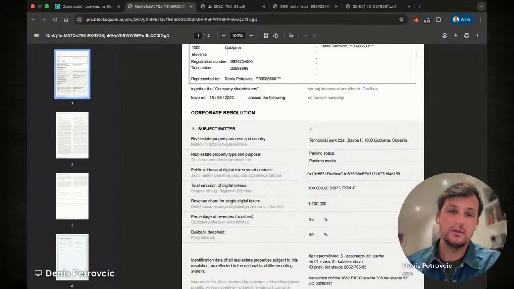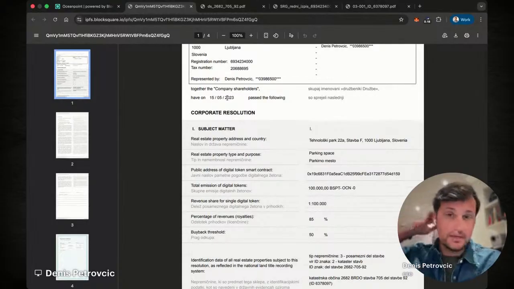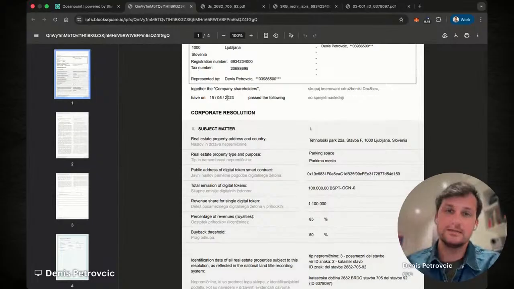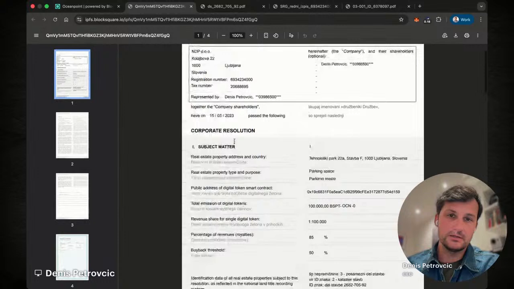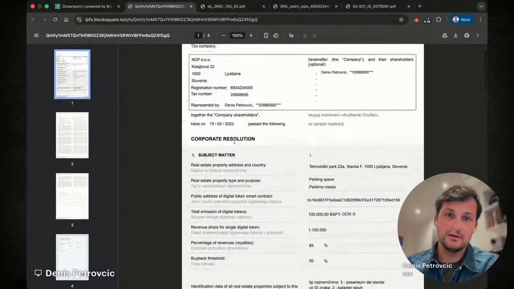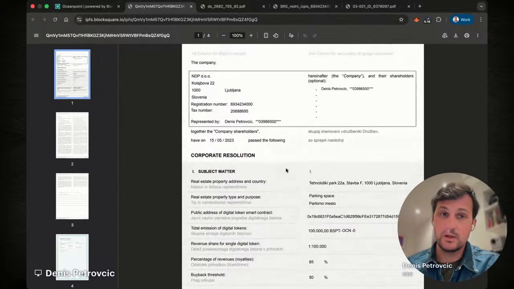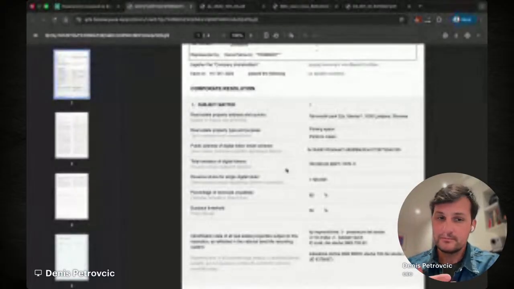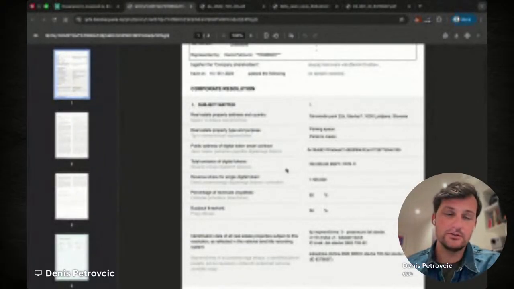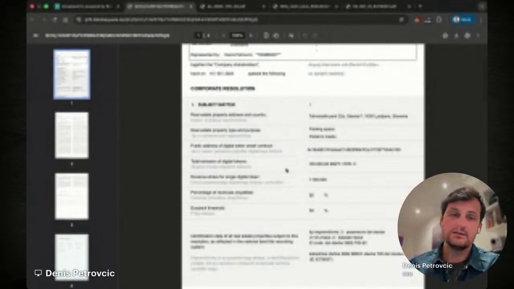And then in 2023, we deployed the first full version, the B1 of our tokenization system, and migrated this asset at that time to this new system, and hence a new corporate resolution had to be signed, because the token contract changed as well with it. Now, materially, we have not changed any of the provisions of the corporate resolution, so all the legal implications